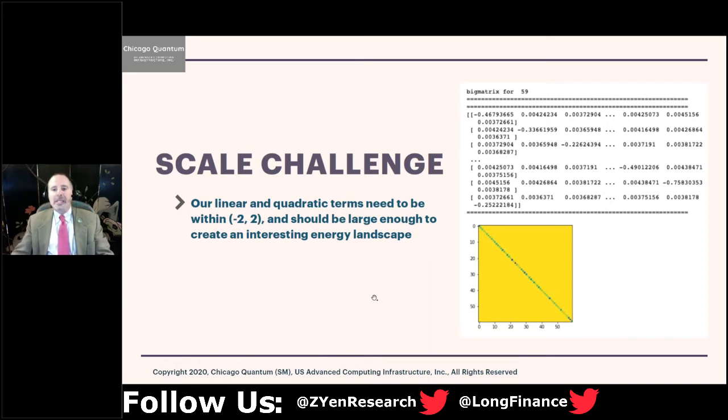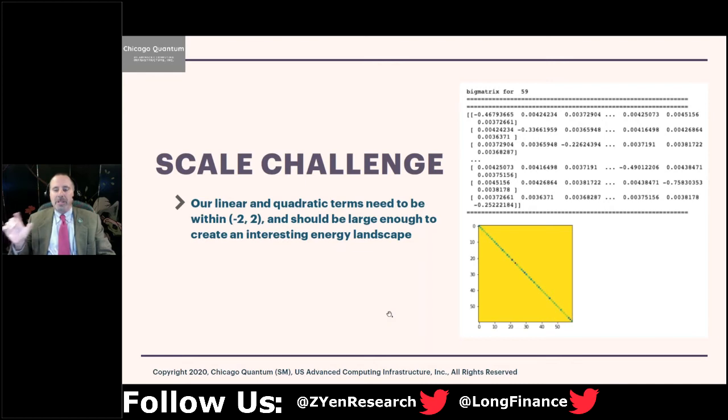But what happens is, as you place your linear and quadratic terms into a matrix, and that matrix, also called a QUBO, is fed into the quantum computer, the larger and larger the number of stocks, the smaller the terms in the matrix. And you'll see here that the linear terms, which have your profit or expected return, are going to be in the range of negative 0.2 to negative 0.9. But the quadratic terms that are off the diagonal are small, 0.004, 0.003. So that's why it's yellow.